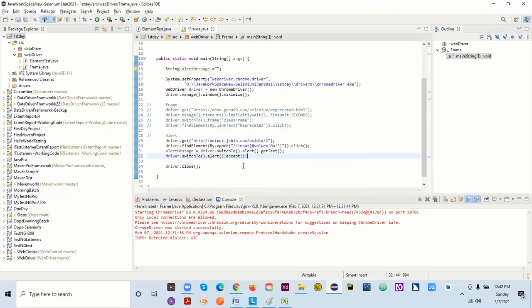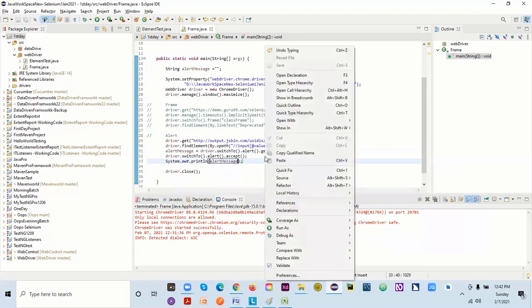Okay, done. And let's try to run it. Before running it, we'll just be printing the text, whatever text we have on this alert. So we'll use system.out.println and give that variable name here. Okay, let's run it.